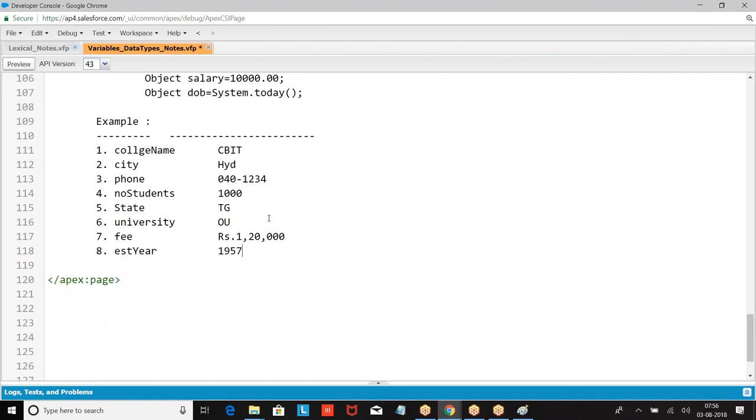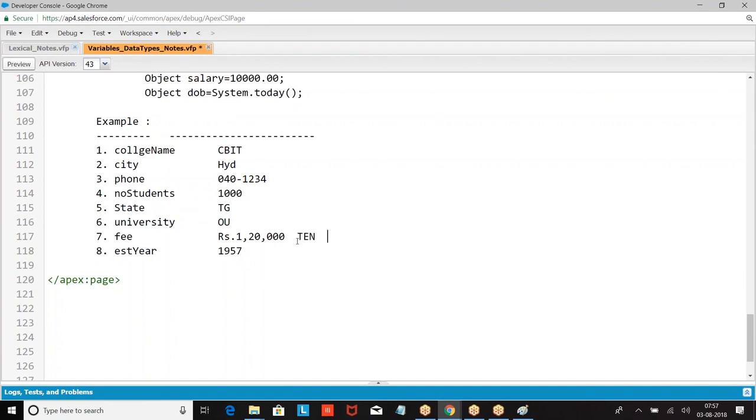Now, when you are trying to take the variables, first you are supposed to understand the format of the data. You cannot decide the data type based on the name. You are supposed to decide the data type based on the data. Let us take an example. Phone number I have taken. If I take 040-1234, it is a string because there is a hyphen symbol. If I take 1, 2, 3, 4, 5, 6, it becomes a number. It is integer. Now I told fees, I may give, okay, 1000 in alphabets. I can give a numerical figure called 1000.